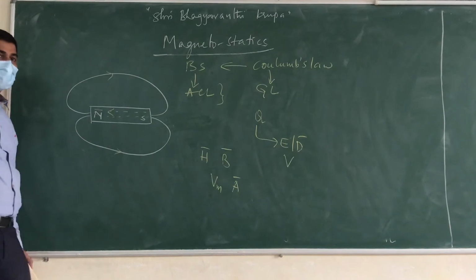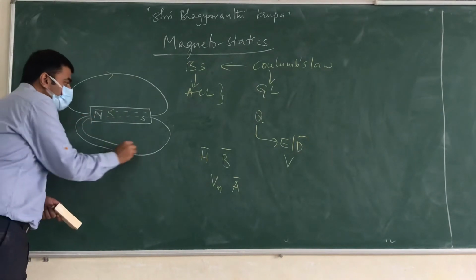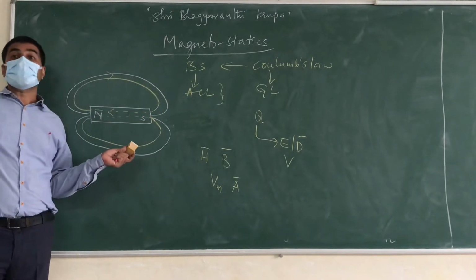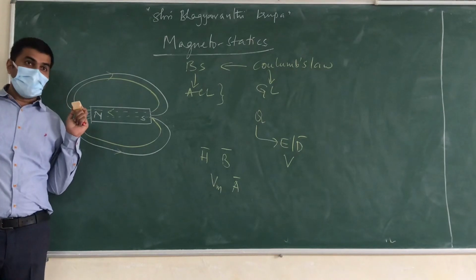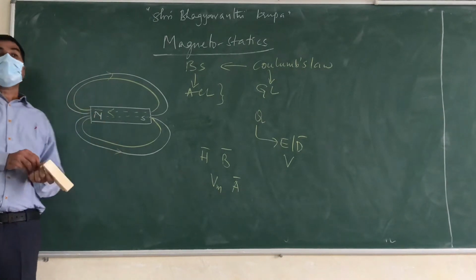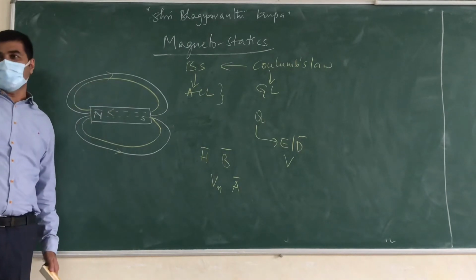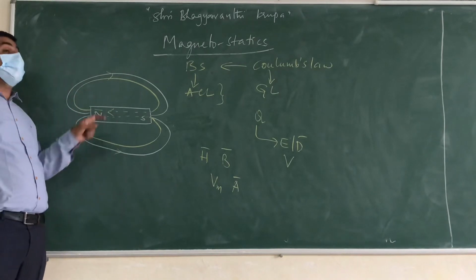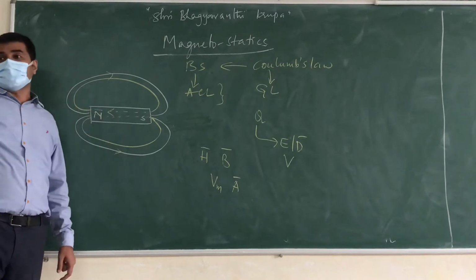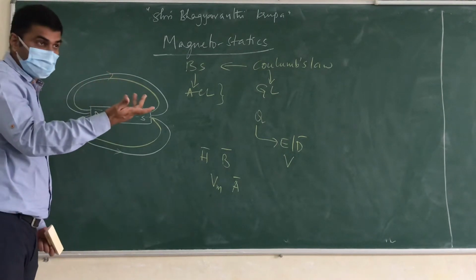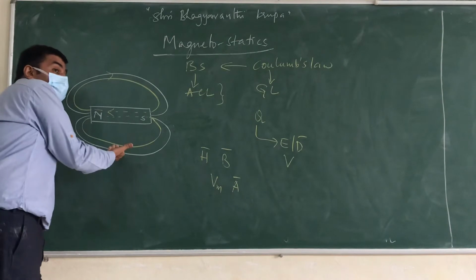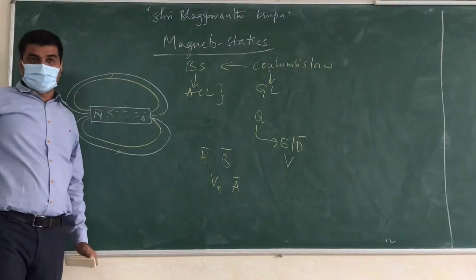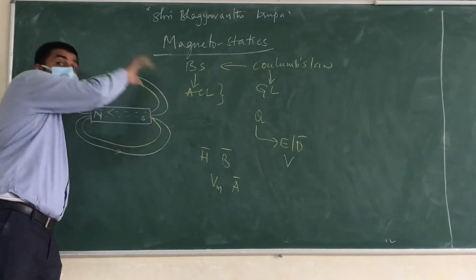Is it up? Yeah. See, then what are these lines? Magnetic flux lines are force lines. Means, how to feel the presence of this magnetic field here? This is a permanent magnet I am taking at present. How to feel that magnetic effect is there? You need to take a compass needle. When you take it, it will deflect from north to south. Means it indicates magnetic lines of force are present. They are moving from north to south.